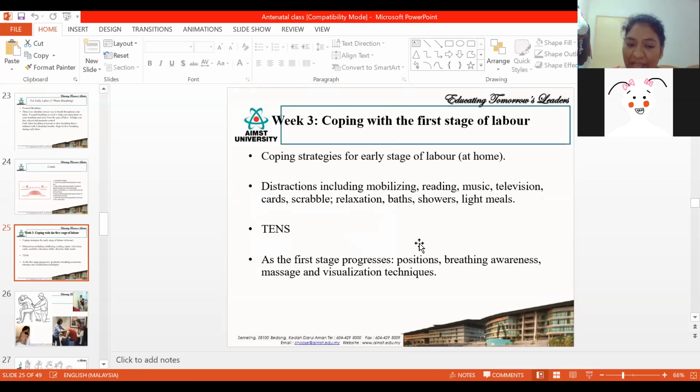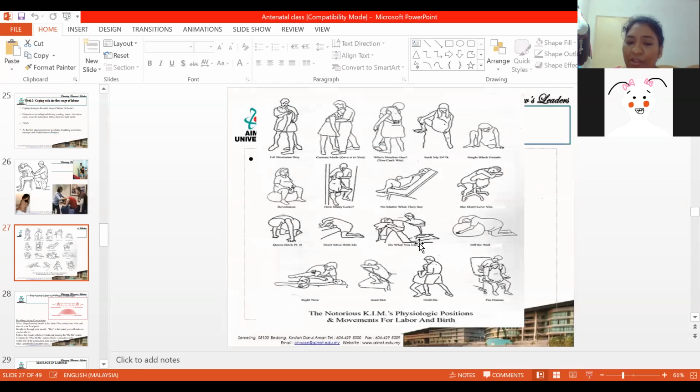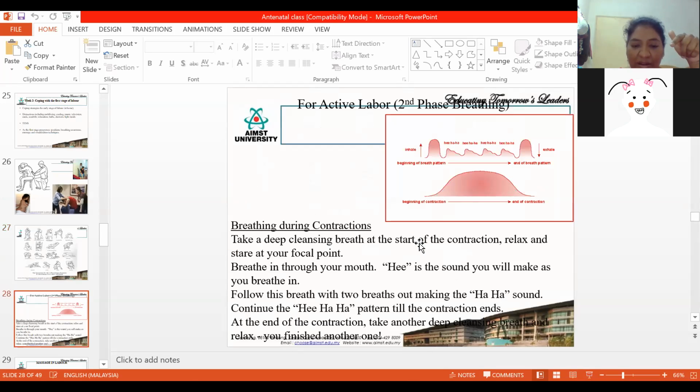You can also give tense. You can give massage. Okay. Then you can teach them different positions because they will be in the second stage of labor. So let them go for the different positions that will help them to increase the labor stages. Okay. So regarding the exercises I will teach,